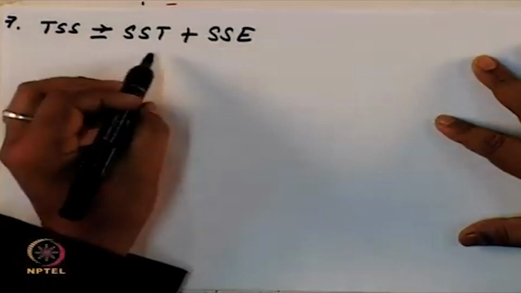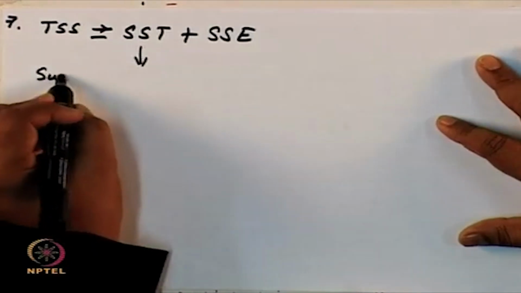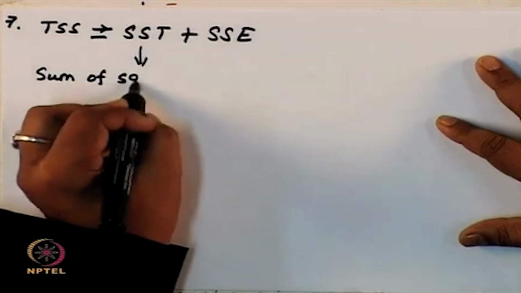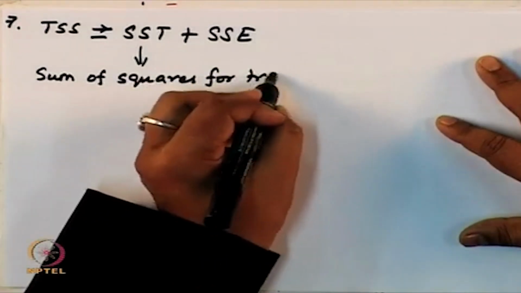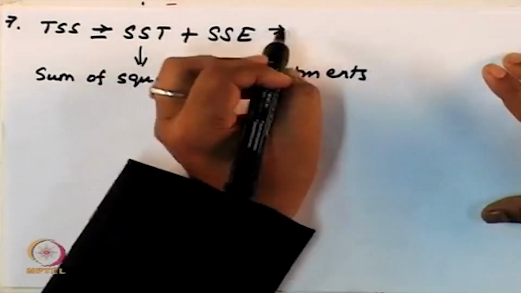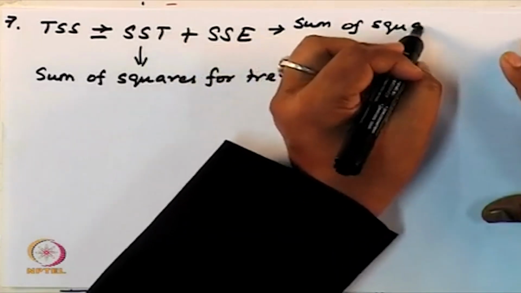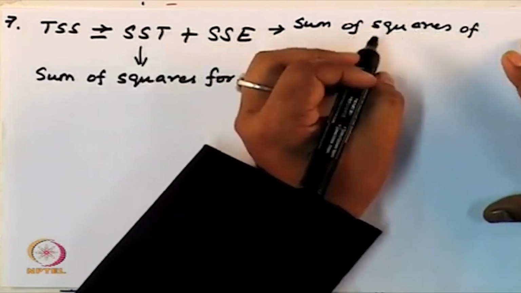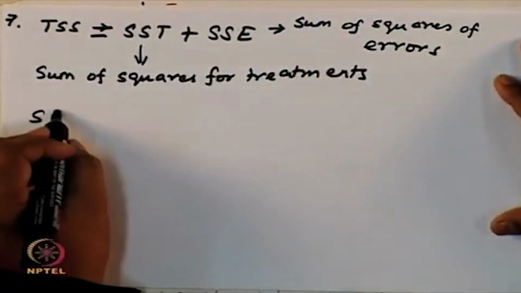SST is the sum of squares for treatments, and SSE is the sum of squares of errors. Okay. So, you define SST as summation of